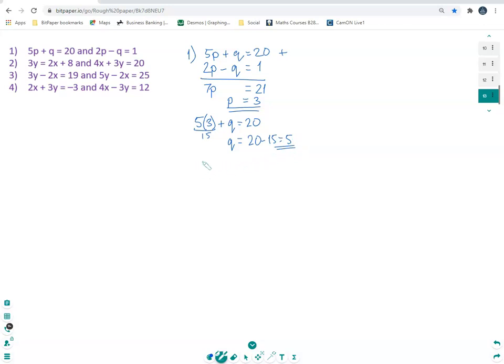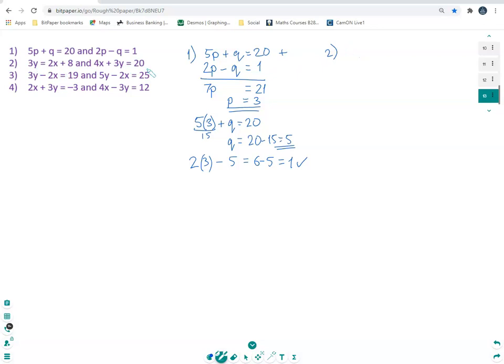And sub back into the other equation to check. 2p is 2 times 3, and we're taking away 5. So that is 6 minus 5, which is 1. And that matches the equation, so we're there. For number 2,